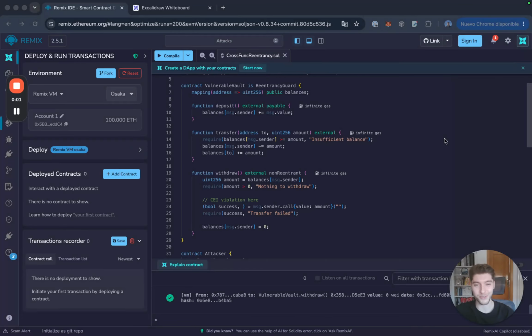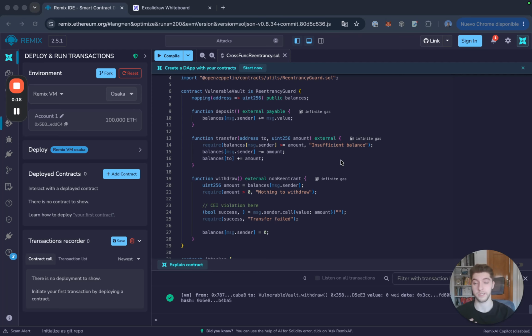Hey, today we're talking about cross-function reentrancy, and this is just another type of reentrancy attack. It's just a variant of the very common single-function reentrancy attack. The principles are still the same. You basically have a function that doesn't follow the CEI pattern correctly, checks-effects-interactions, and it basically